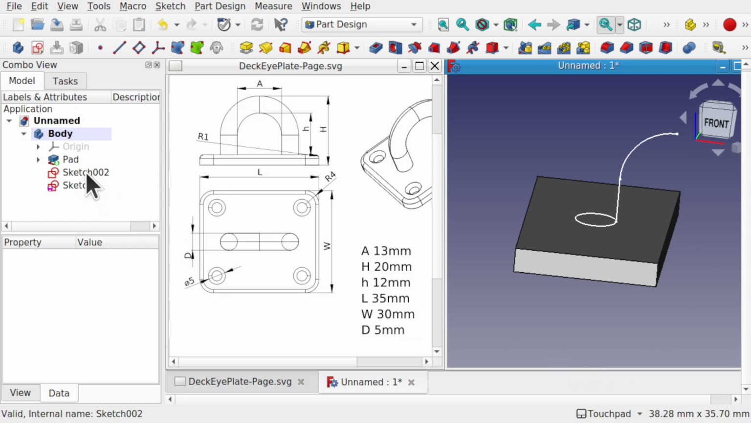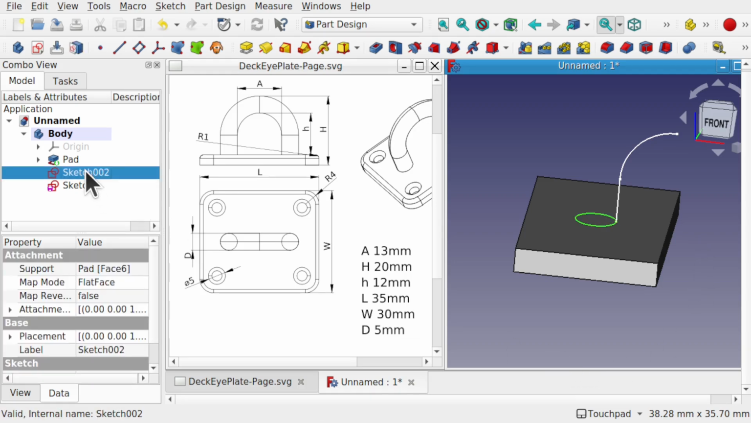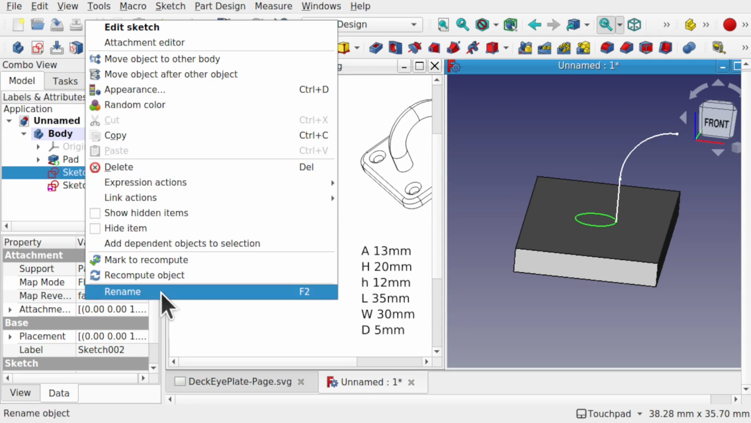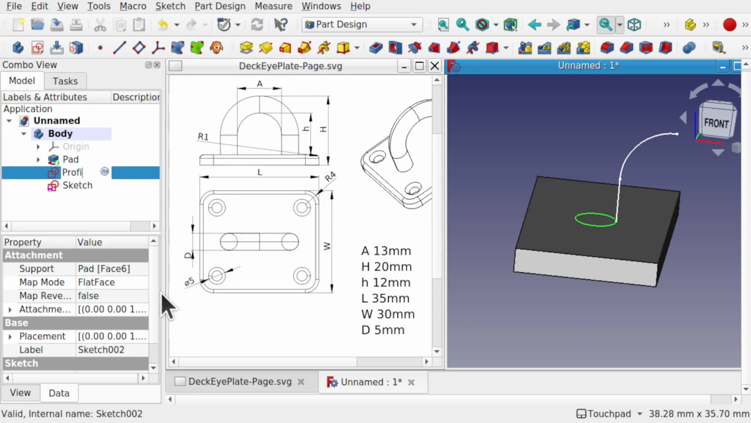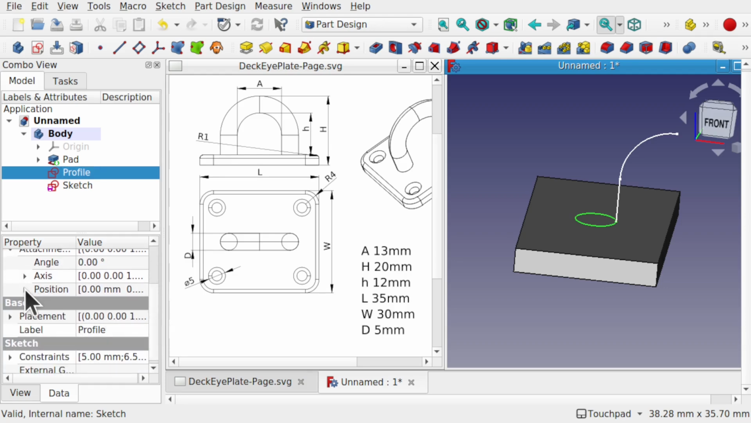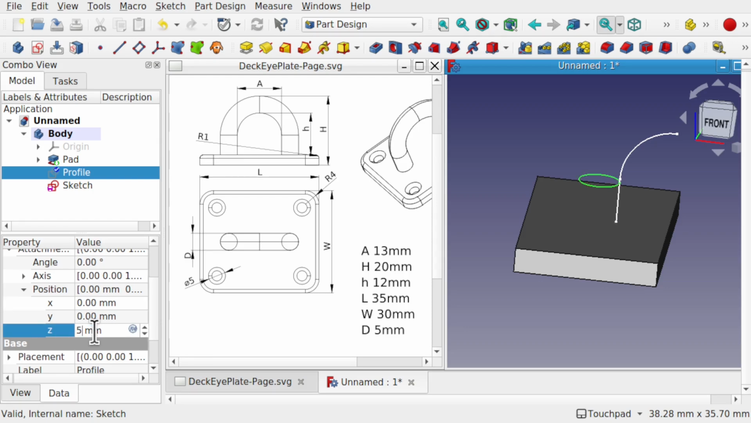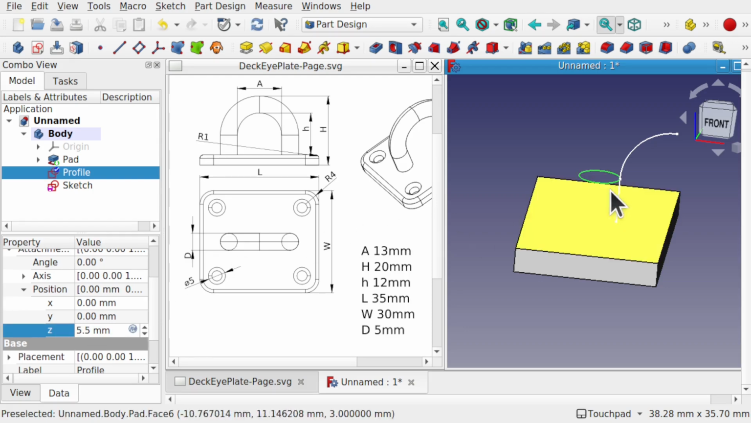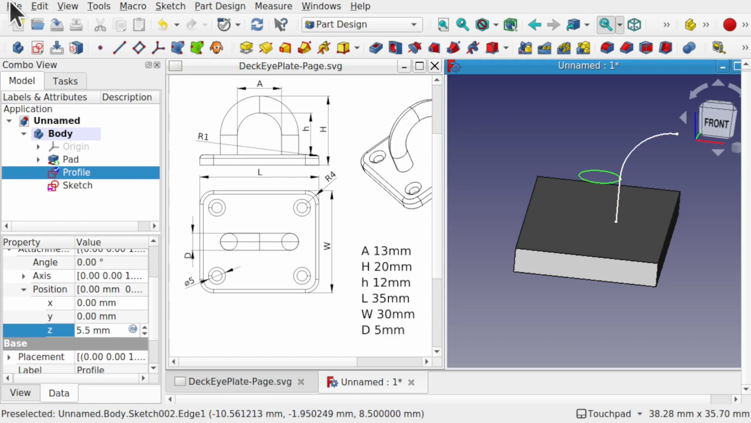So now I can take my profile sketch, which is this one, and we'll quickly rename that to profile. Now let's come down to the attachment, because that's the very first property we have. We've got the placement here, which will be read only. Come down, we have the attachment first, and we look at the position, and we're looking at the Z, and we set this to 5.5, and that places that there. Let's quickly save this,